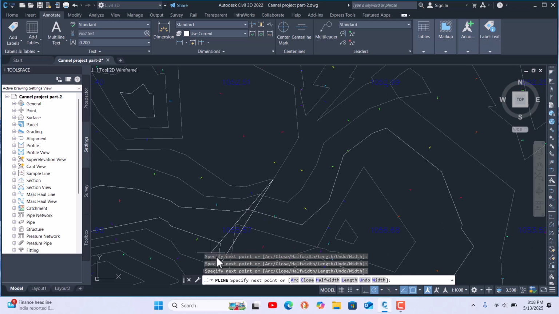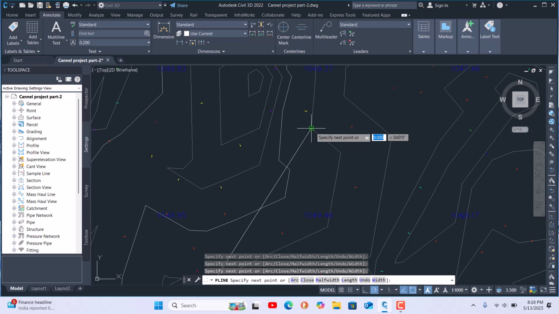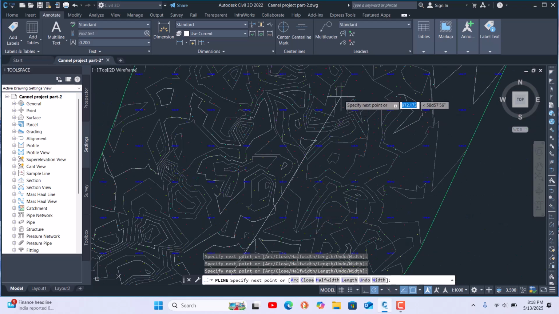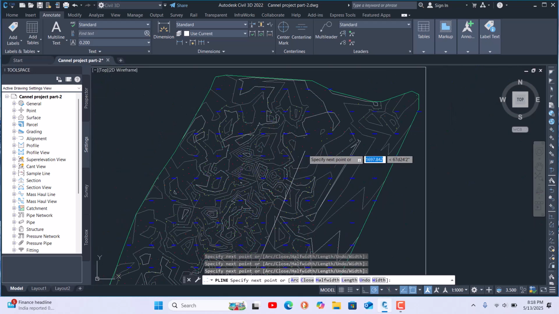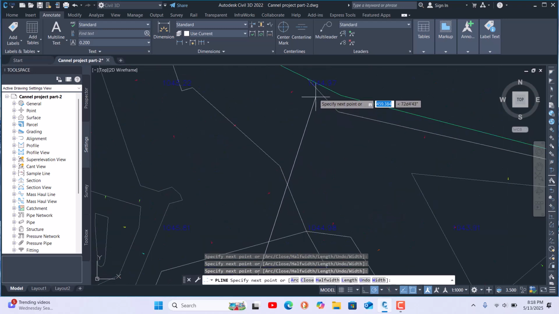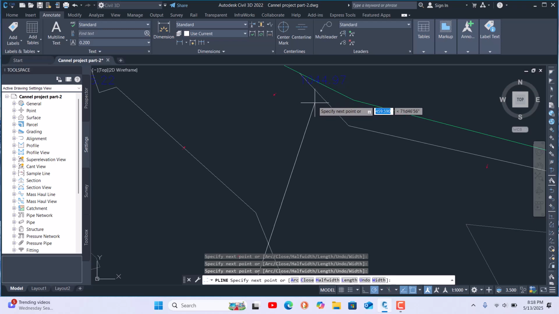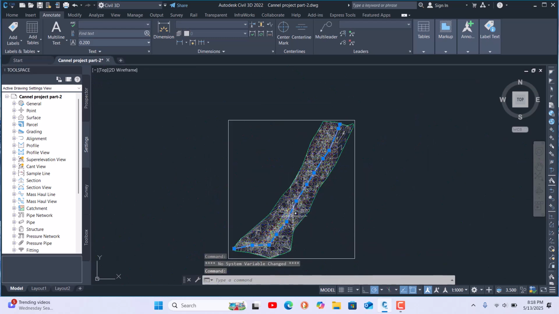I'm going to this side. Here we can see the down area. This is the down area, not to enter there, otherwise your filling will become very high, or it will be cut. So we avoid this down portion. Here we come, then go to this side, and here we come to 1045, and I stop somewhere here, then enter. So this polyline is almost ready.